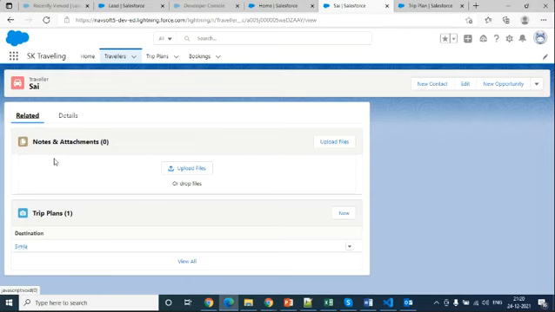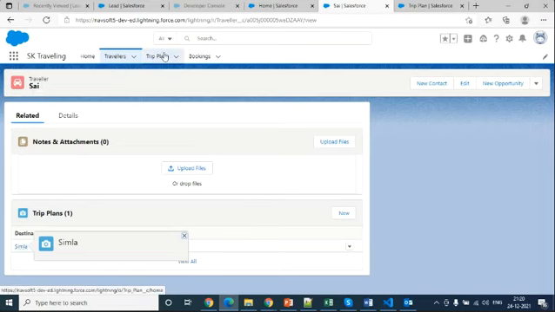A few minutes ago, I created a relation between Traveler and Trip Plan, and it has become a connection between Traveler and Trip Plan. Now, if I delete a parent record, if I delete Traveler records, the Trip Plan record won't be deleted